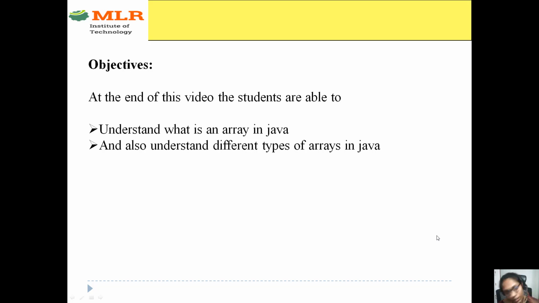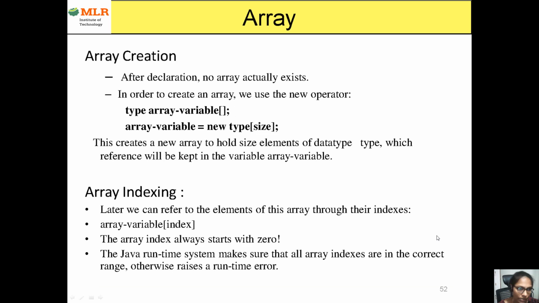We also discuss different types of arrays with different examples now. So, coming to the declaration of an array, before that, every one of us knows the definition of an array. An array is nothing but a collection of similar elements. If I take int a is equal to 10, here a is a normal variable which can store only a single value. If I want to store multiple values together